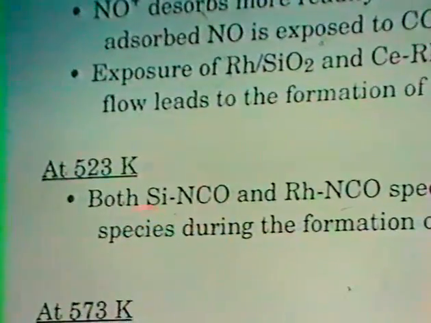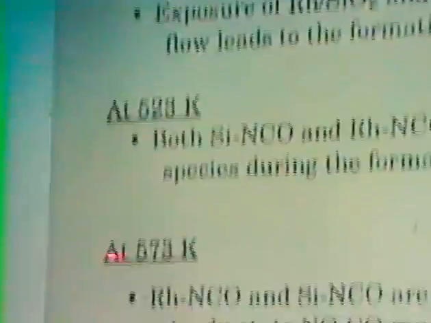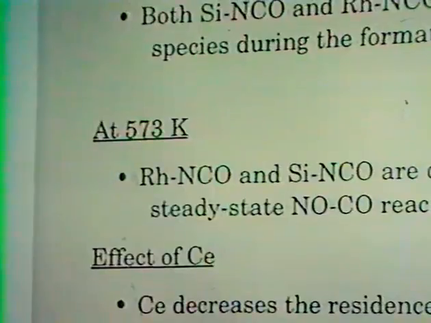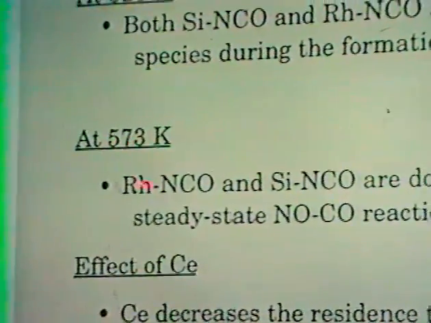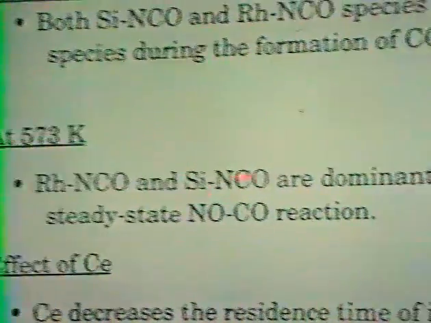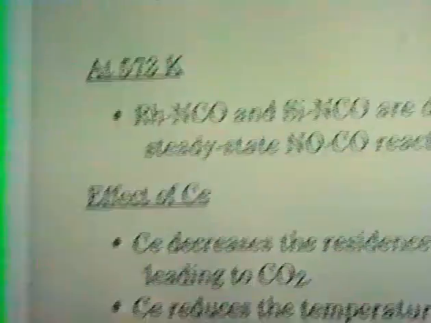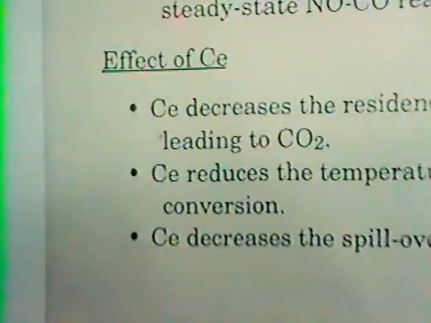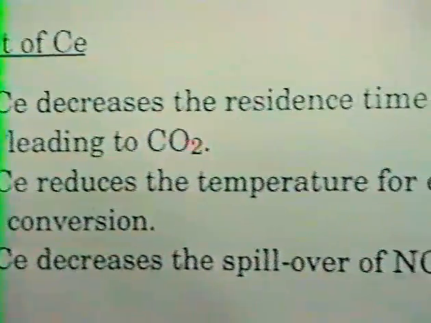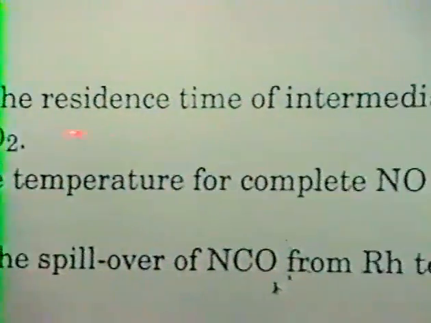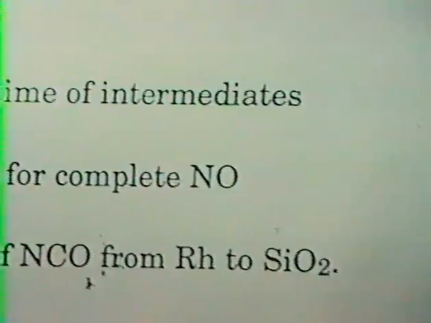At a higher temperature, around 523 K, both SnNCO and RhNCO species are spectators during the CO2 formation. And at higher temperature, 573 K, which is equivalent to 300 degrees C, RhNCO and SnNCO are the dominant species. And a cesium effect has been identified: cesium decreased the residence time of the intermediate leading to CO2